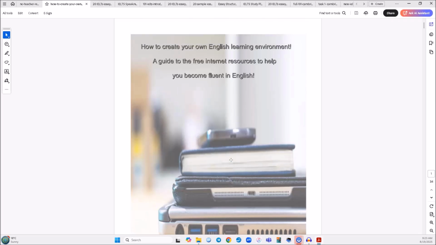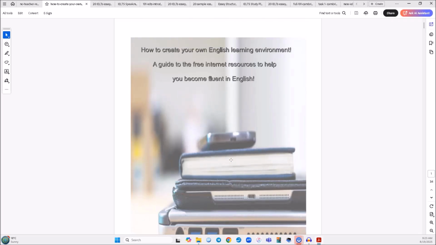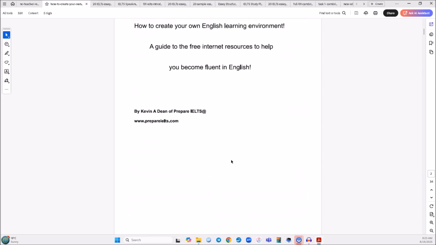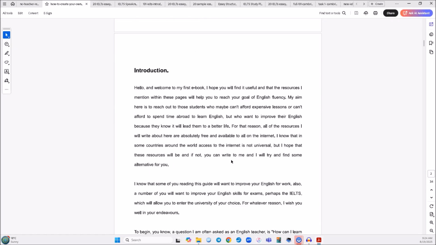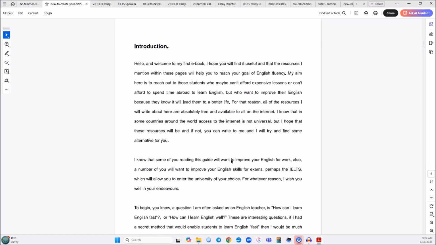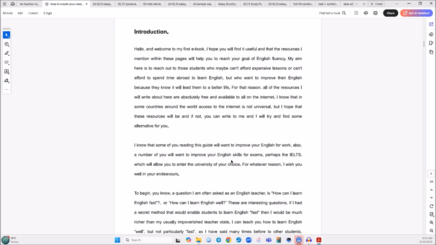So, what's it called? It's called How to Create Your Own English Learning Environment, a guide to free internet resources to help you become fluent in English. So, I'm not going to go through the whole thing. There's about 30 odd pages here. I wrote it 10 years ago. So, what this is talking about, actually, as it says, this was my very first book, my very first book,